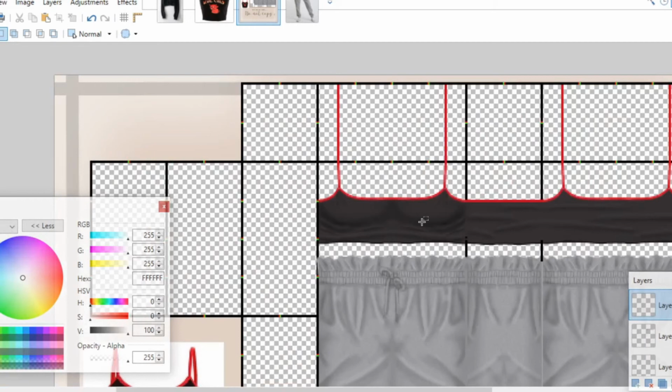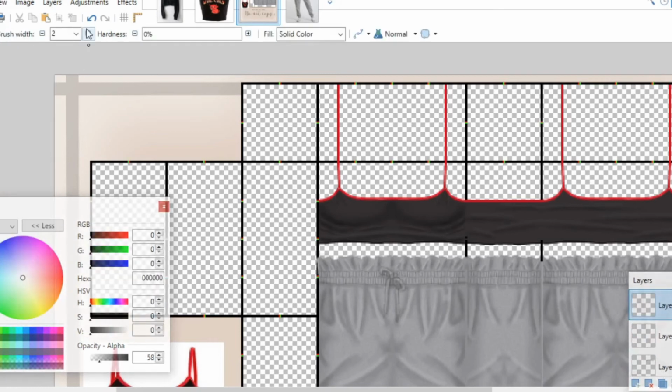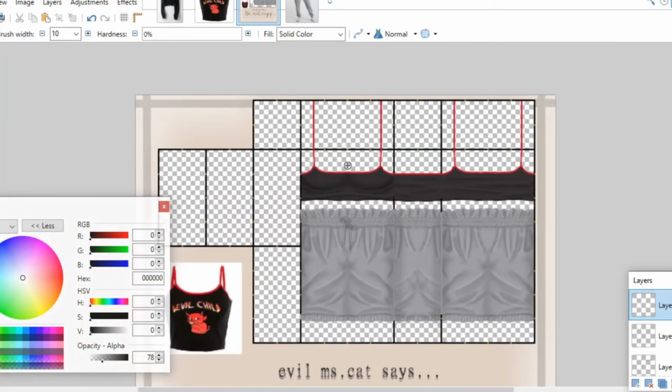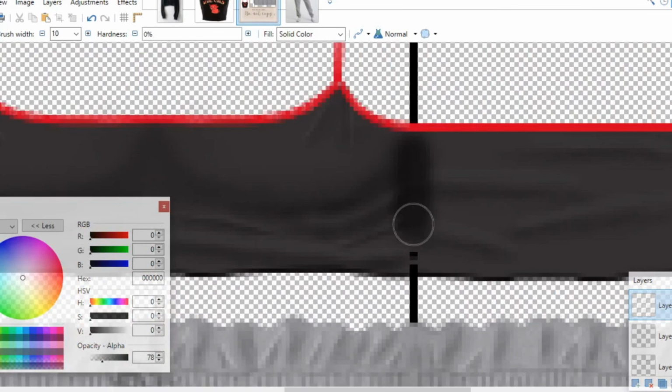What we're going to want to do is shade the sides. Side shading is the easiest part of the whole thing, honestly. I know I said that with the glass, but honestly, side shading is, and it just gives it that natural shadowing. So we are going to take the paintbrush, make the brush size 10, hardness 0, and up the opacity just slightly to 78. And now we're going to shade the sides,